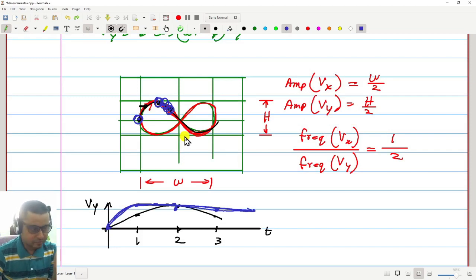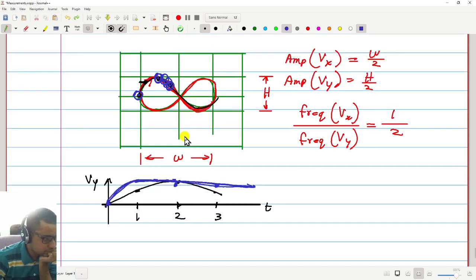Sir, in the original arrangement, if the trigger frequency of Vt is slightly different from the input signal, then will the waveform appear to be moving along the x-axis? Yes, it may appear to be moving along the x-axis. It depends how different the frequency is. If slightly different, you will see it moving. If it is a little more different, maybe it will move so fast that you can't see anything almost.